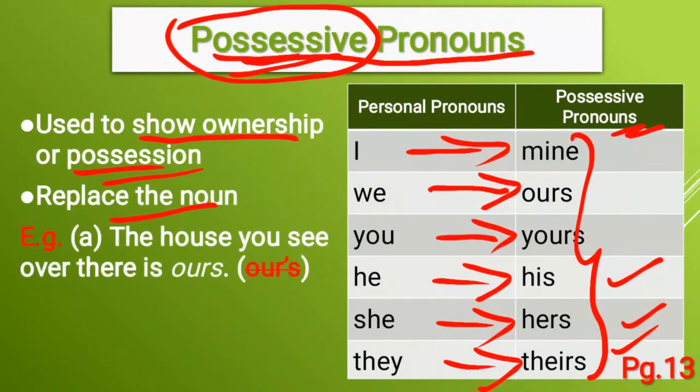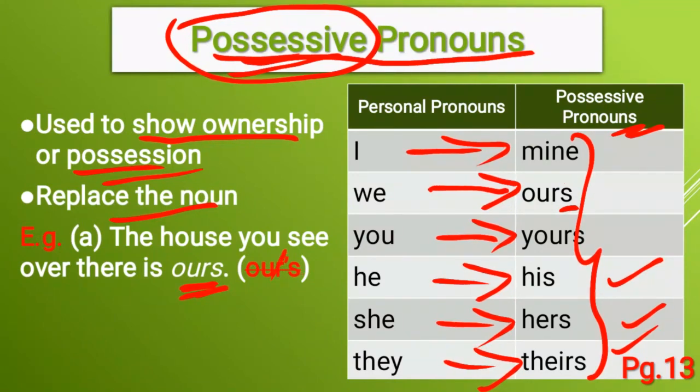Okay, children, let's see an example. The house you see over there is ours. So our house. The house you see over there is ours. The school you see over there is ours. Our school. Isn't it? BNCBSE is our school. Isn't it, children? Yeah, that's why ours. So children, when you are writing S with this possessive pronoun, you should not add an apostrophe here. If an apostrophe is added here, that is wrong. You omit the apostrophe there.